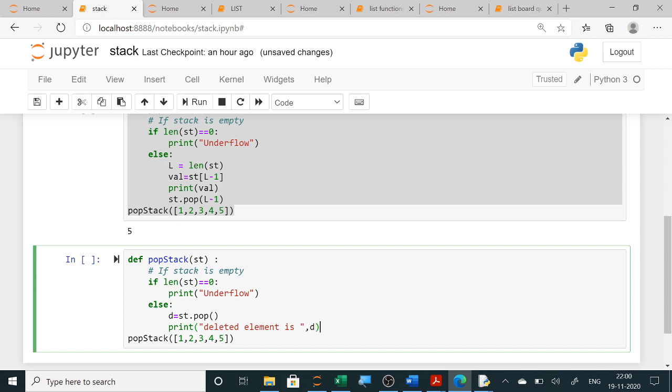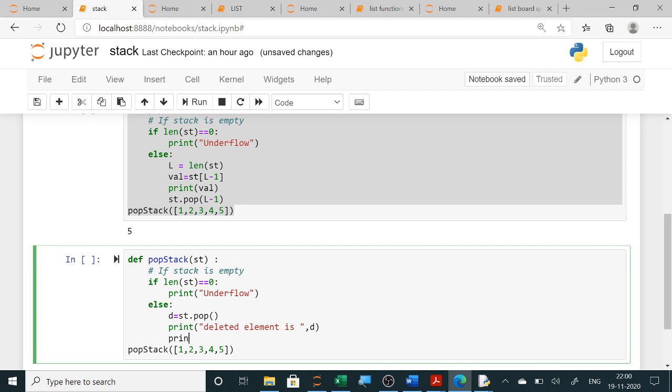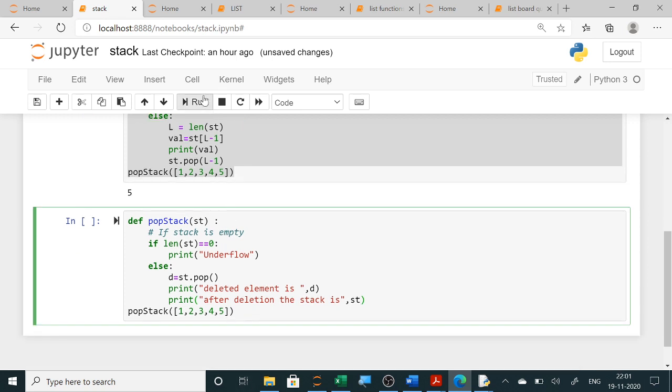And then the final stack after deletion, the name of the stack is ST. So print the stack after deletion is, and then the name of the stack. Like this also you can execute it.